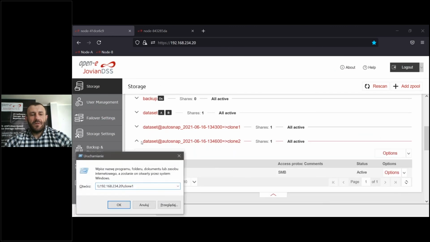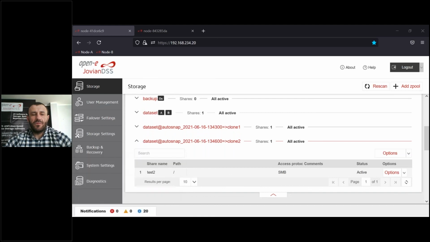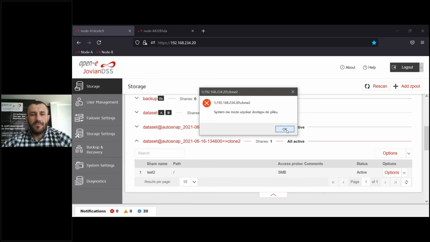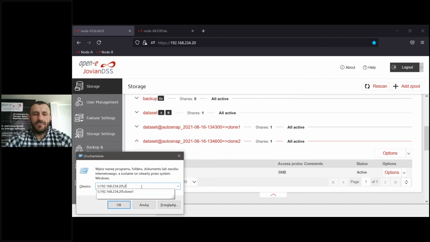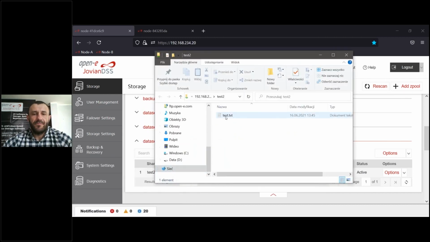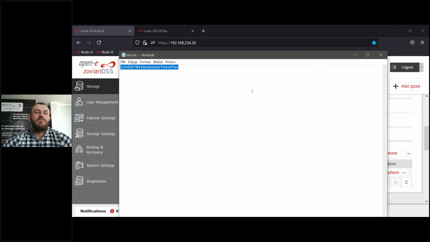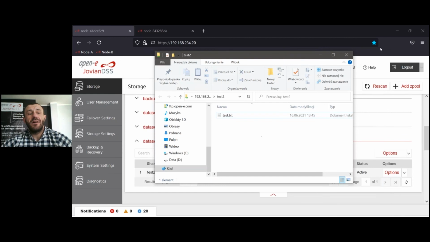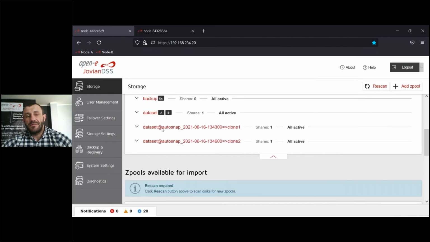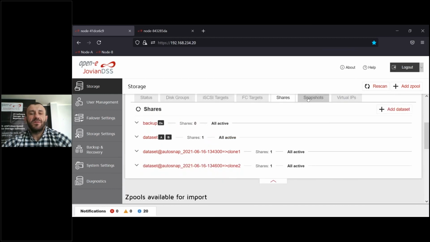Yeah. So now if we go to clone 2, it's test 2. Okay. Test 2. Yeah. So we have data from that latest snapshot, and it will be containing that change data from that first snapshot that we take. So this is how snapshot working,